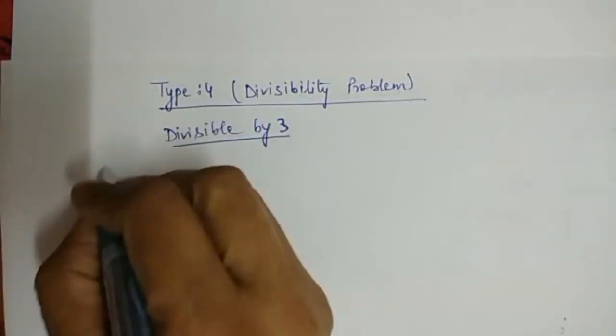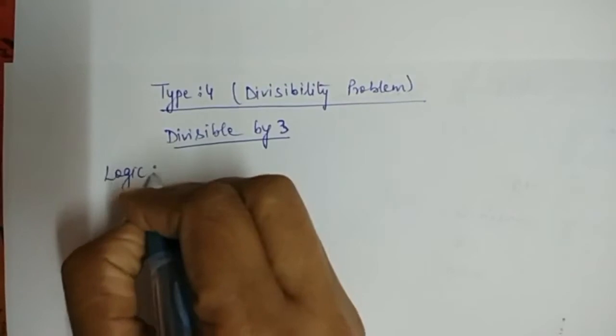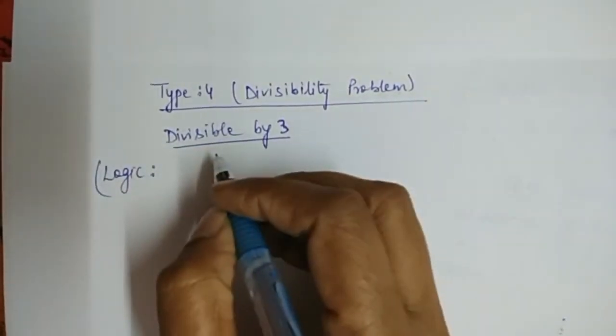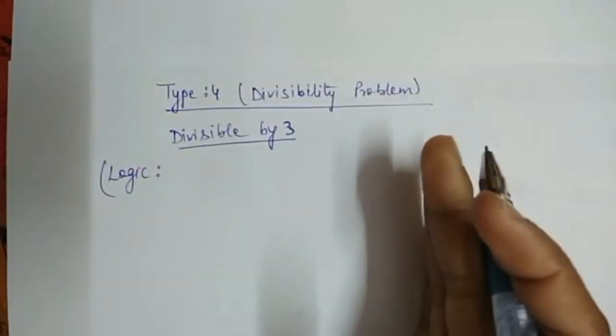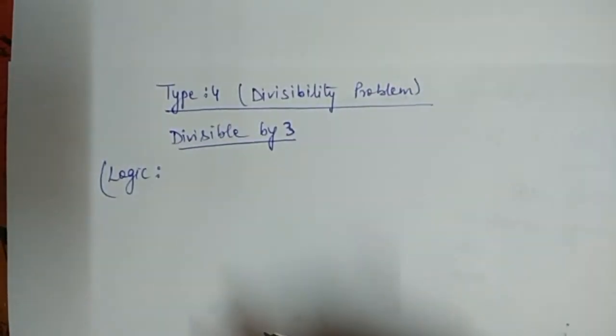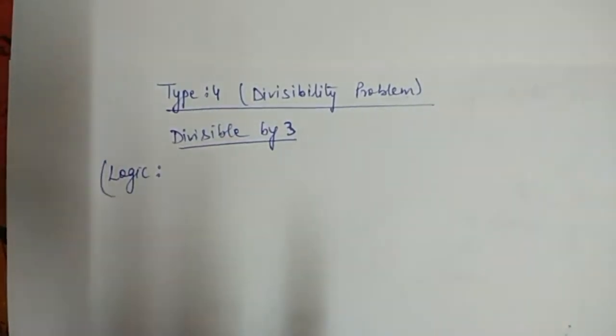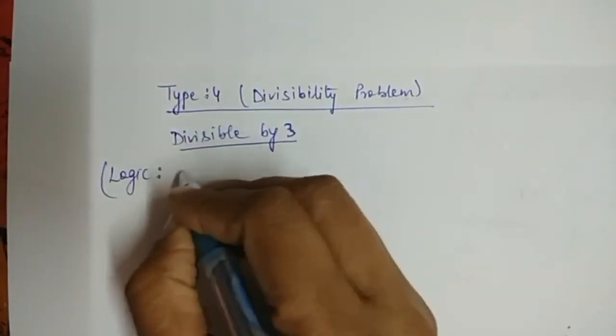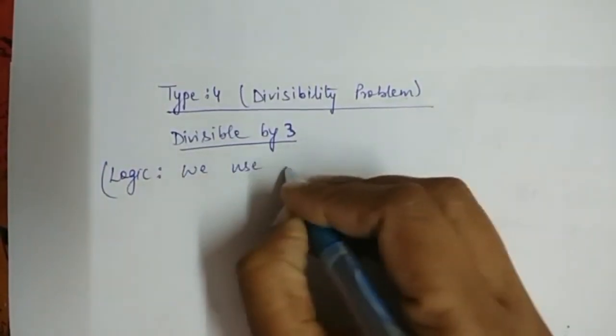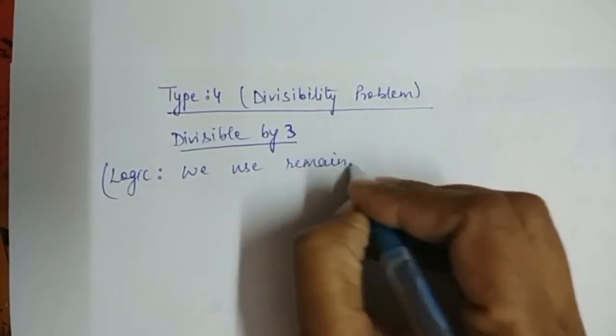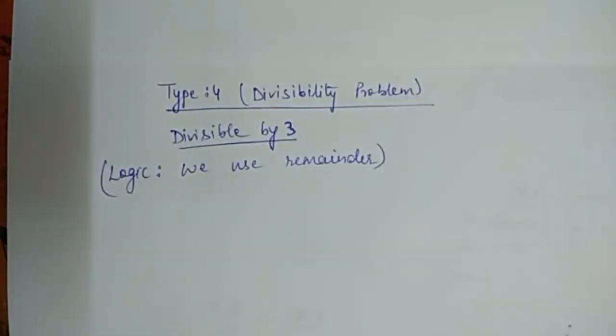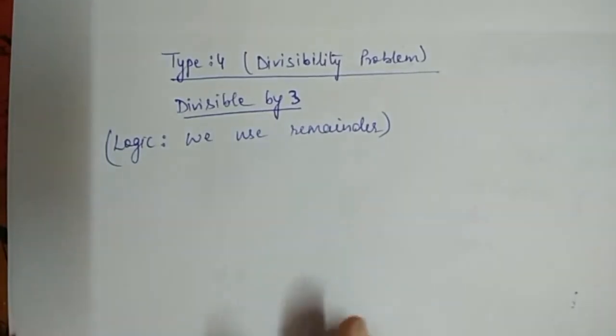So in this we take a logic that, for the remaining type, we have assumed some states. So in this type also we use some states. Okay, and that logic is that we use the remainder concept. Okay, we use the remainder concept for assuming the different types of states. For example,